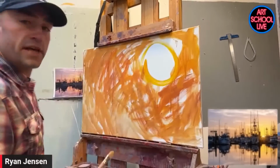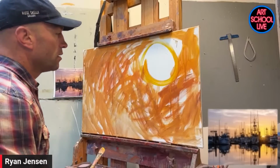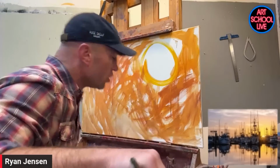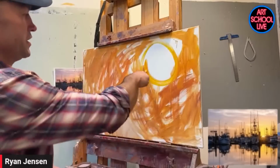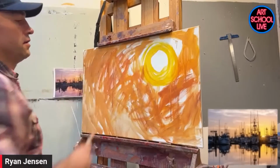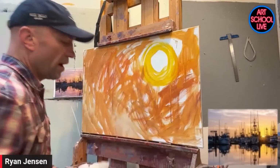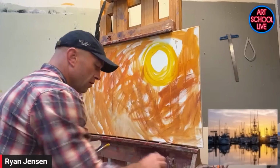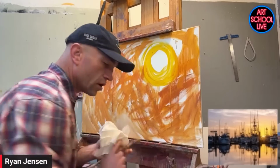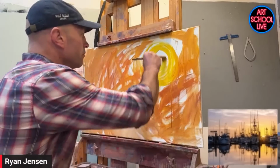And then towards the center here, here's where my sun's going to be. Right here, I am going to start. Let's think about this as orange. This is yellow now, so cad yellow medium in here. And then we're going to go to, it's already white, so let's just go even to a cooler yellow right in the middle. Why a cooler yellow? Because